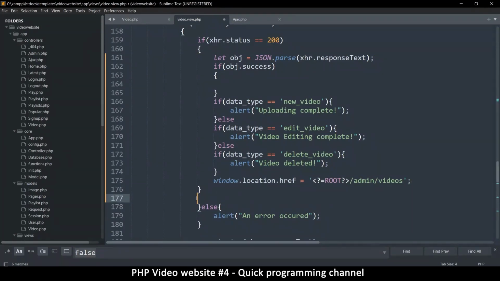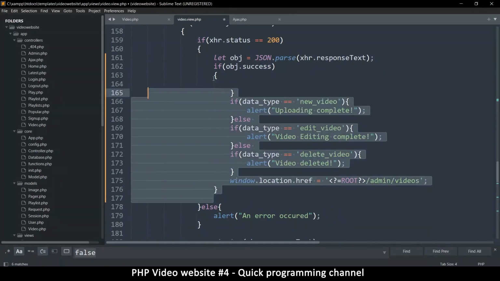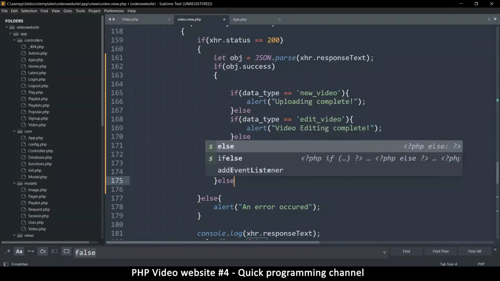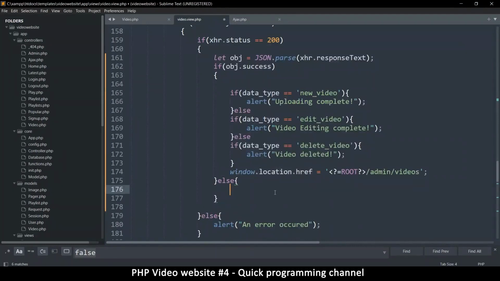So if everything was successful, this is our result. Let's remove this one here. Okay. Else, meaning there were errors. In this case, we want to echo out our errors. So I'm going to do a loop. I'll say let